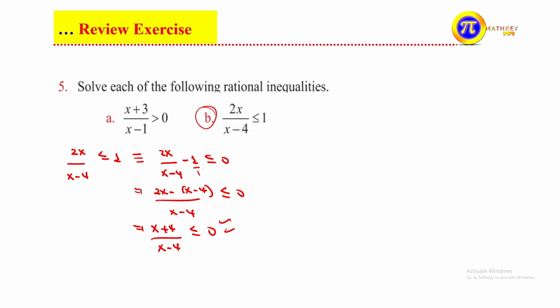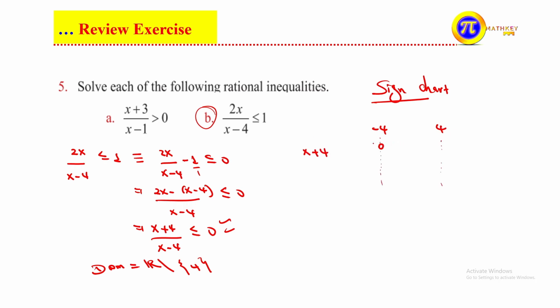Since the zeros of numerator እና denominatorችን ይታወቃል። x plus 4 numeratorችን ነው denominatorችን x minus 4 ነው። Domain restrict ስናደርግ all real numbers except 4, so the domain of this rational function is all real numbers except 4, the zero of the denominator, and we apply sign chart as we did before። The zero of numerator is -4, the denominator is 4።